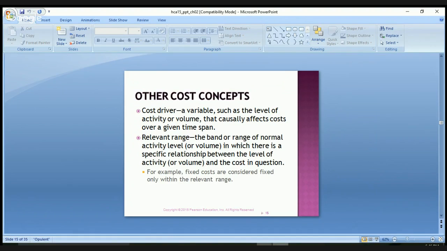If you go less than 120,000 miles, you have too many trucks because in reality you only needed one truck. If I'm over 240, I need another truck, because you don't have enough capacity to do all the work that you could do. So the relevant range is more than one truck, but less than two trucks. Okay? Now,